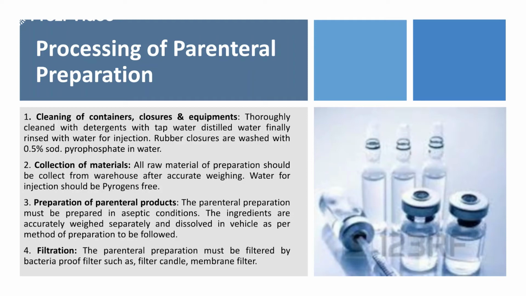Then comes the collection of material for the preparation of the parenteral products. Parenteral products are manufactured as solutions, emulsions, or suspensions. While making up the process, one has to ensure that water for injection, or purified water, or sterile water for injection, as described in the individual monographs, has been used. Believe me, my dear students, water is of utmost priority in the production of parenteral products, because all your solids, all your API, all your excipients go into it. So you have to maintain sterility not only for the raw materials but also be very conscious about your water for injection.